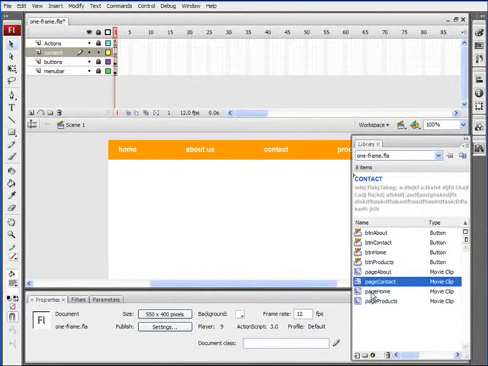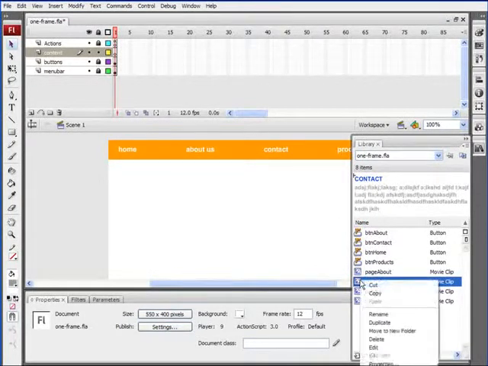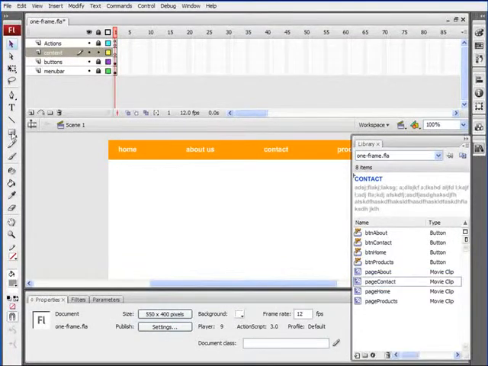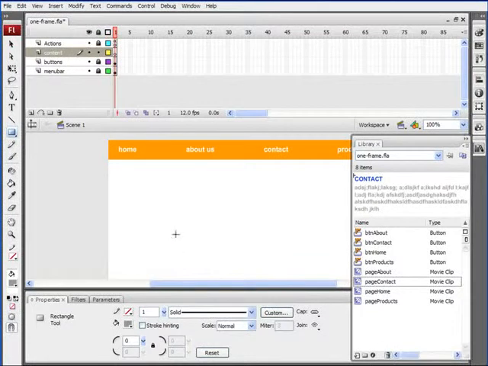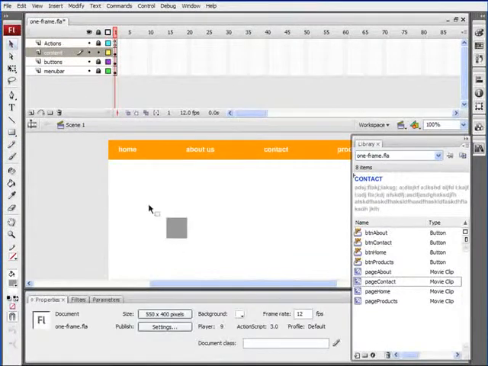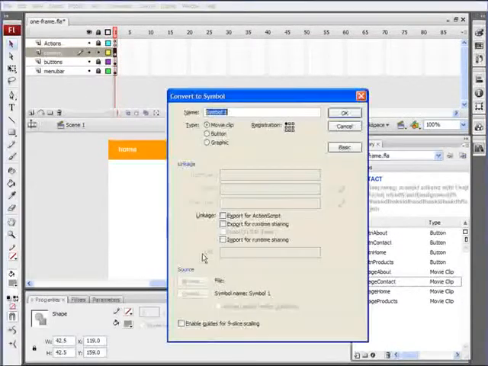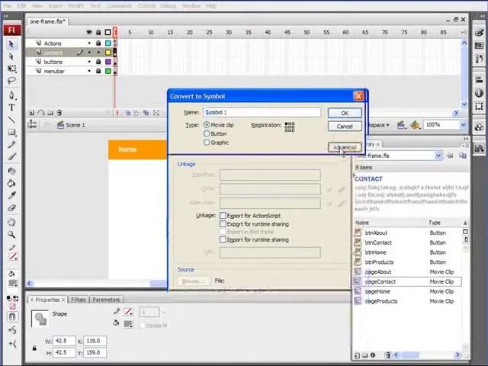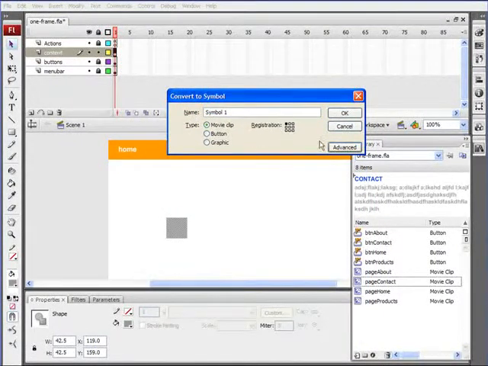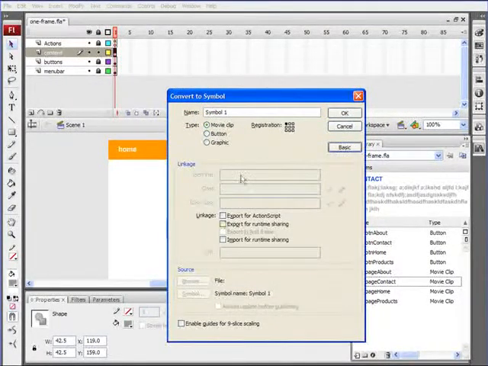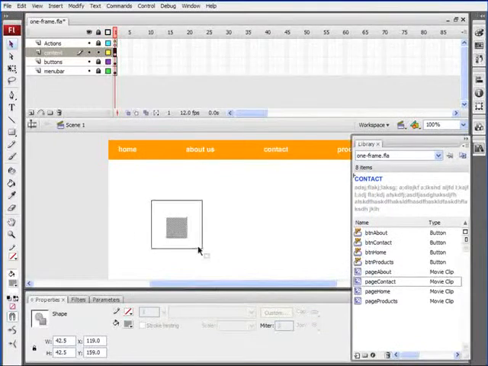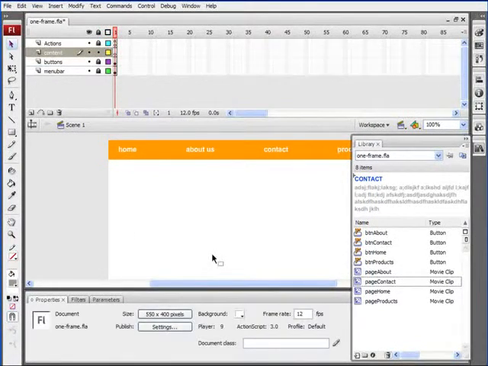Now it's important to point out that you can also edit these linkage properties whenever you first create a movie clip. For example, if we just draw a square on the stage here, highlight the square, hit F8 to convert it to a symbol, by default you just have these basic options here, but if you click on Advanced, then you have these linkage options and you can edit them there when you create the movie clip as well. Let's click on Cancel and let's get rid of this square,